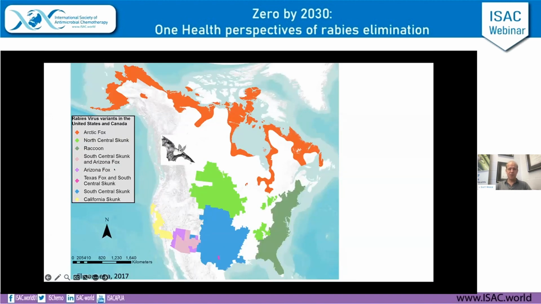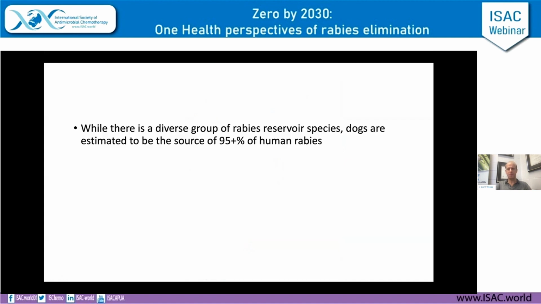Just an example, though, for North America, just so where I am, and if you can see my pointer, I'm in this area. We've got kind of this confluence of a few different variants, which is somewhat unusual. Typically, if we look here, there's a major virus variant. It could be skunk variant. We've got raccoon variant along the east coast of the US. I'm here close to the Canadian-US border. And we have Arctic fox rabies that comes down from the north. We have raccoon rabies that has come up from the US, and we're currently trying to eradicate. We have skunk rabies, and we have bat rabies everywhere.